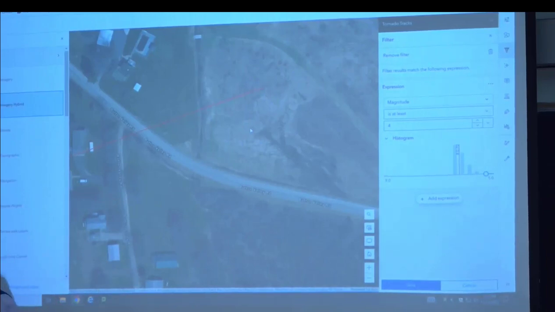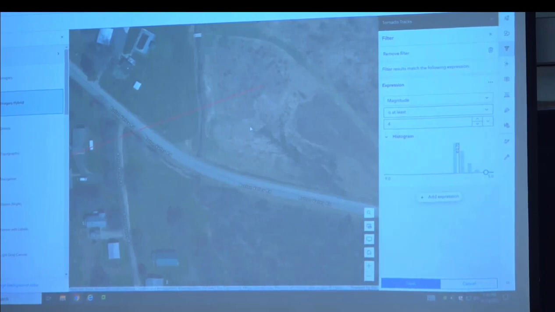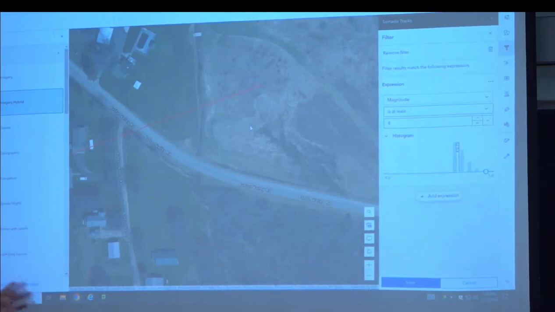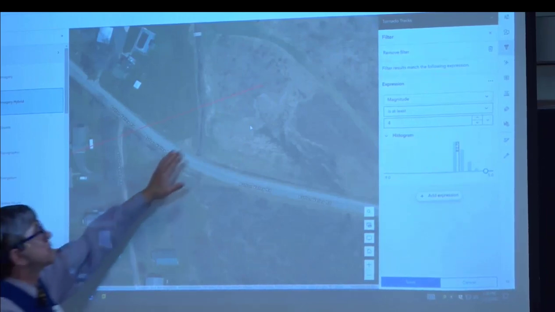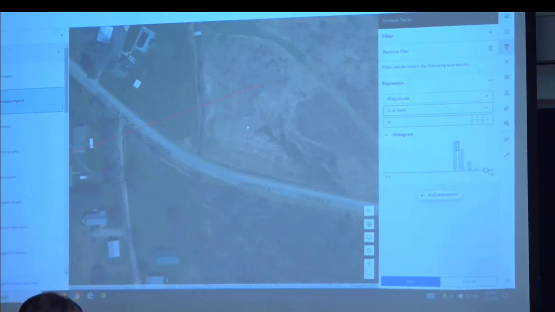That's not really going to adequately tell people what the path of the tornado was either, but maybe it would imply some sort of unpredictability, or maybe we make these fuzzy in terms of the symbology. There's lots of things we can do cartographically to convey the notion that we don't know, especially as we go back in time, that this tornado actually touched down or lifted off at exactly